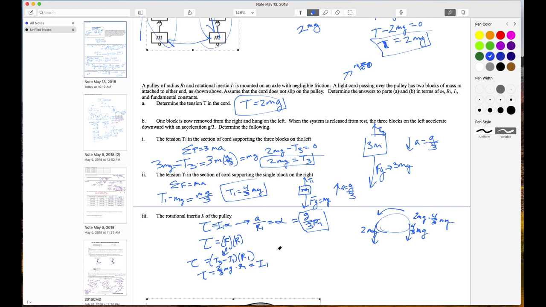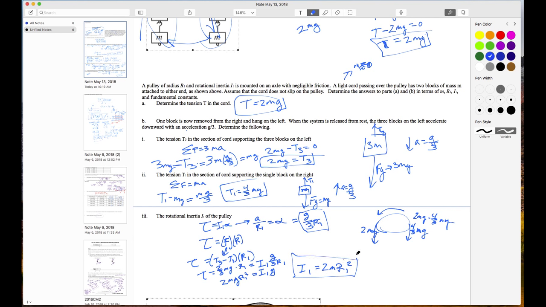I1 times alpha, but alpha is g over 3 times R1. If I multiply both sides by 3R1, I get 2 mg R1 squared equals I1 g. Divide each side by g. I get I1 equals 2m times R1 squared,